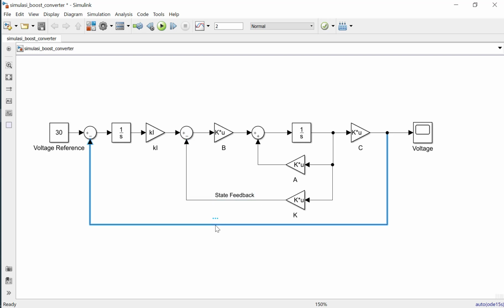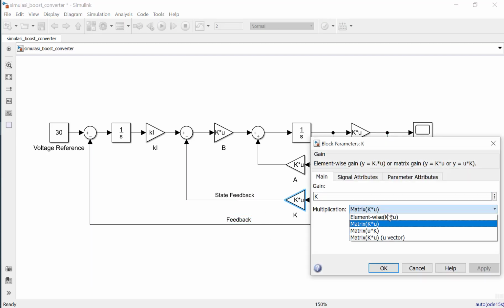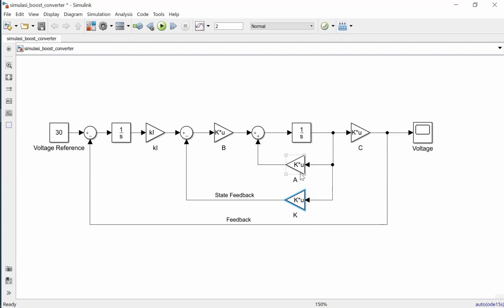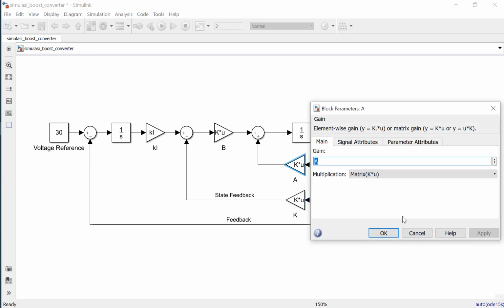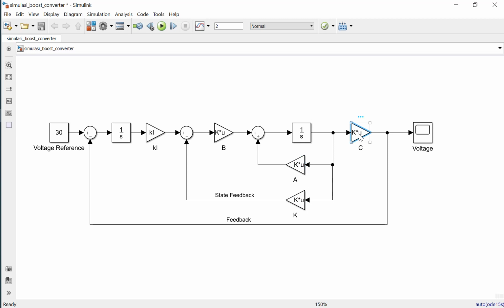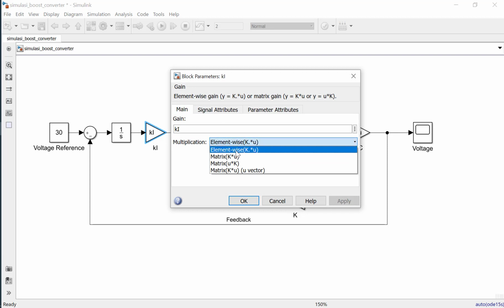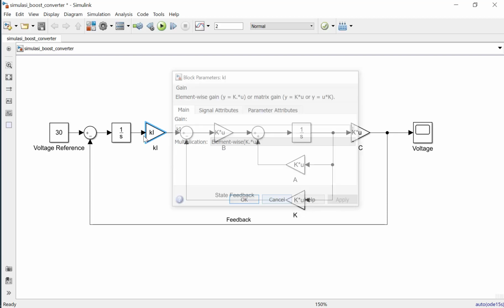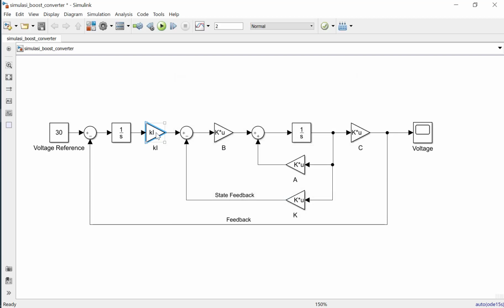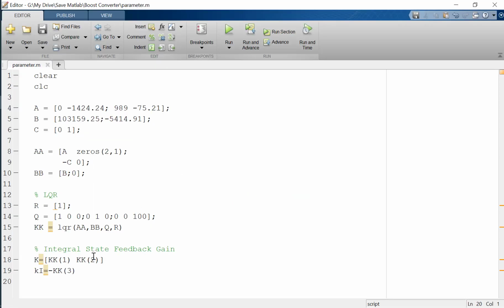And this is the feedback here. Don't forget to change this option to the second option for the K, A, B, and C matrix here. So just this option one. We do not need to change this option to the second option. Okay, this is the code.